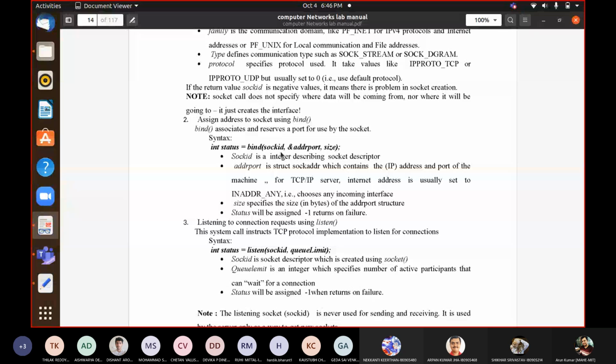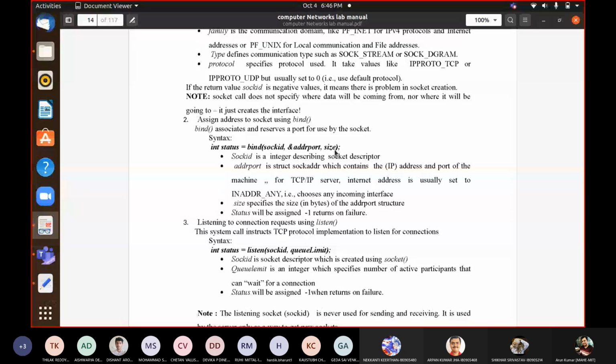This is of the address type of structure, where you have already mentioned in its fields what the port number is and what the IP address is. So it is an address to that structure where you have written all the addresses. And then, what is the size of that structure? That is the third argument. Where you have written the IP address and the port number in that structure, what is the size of that structure? That goes as the third argument.